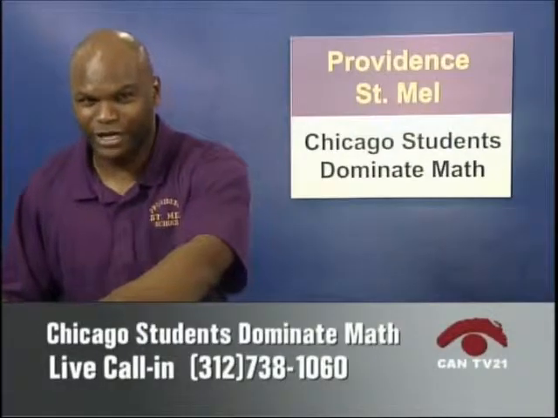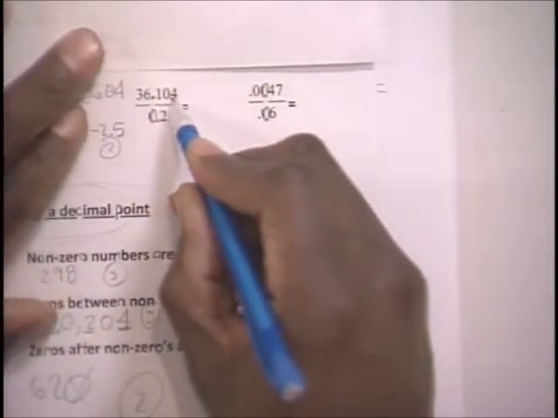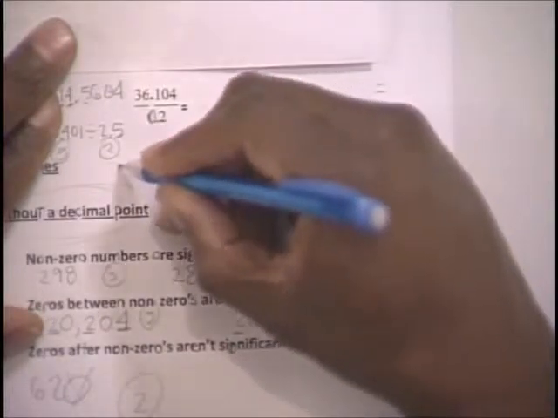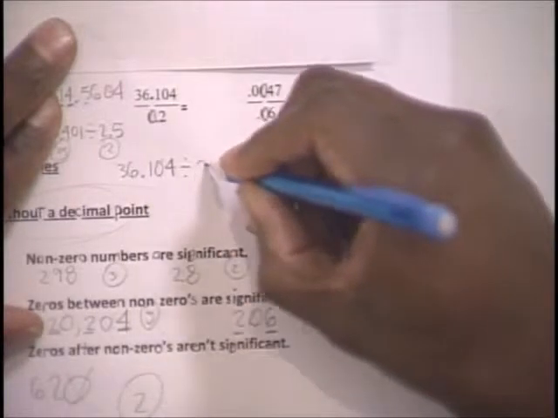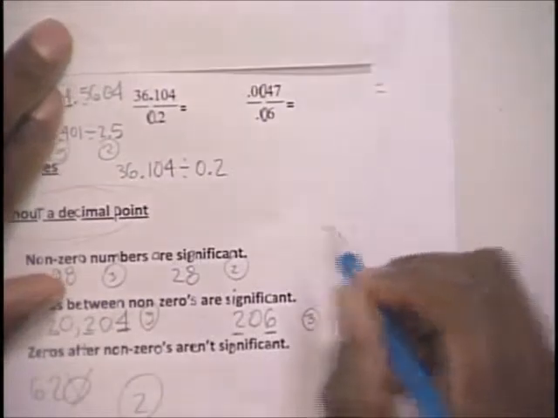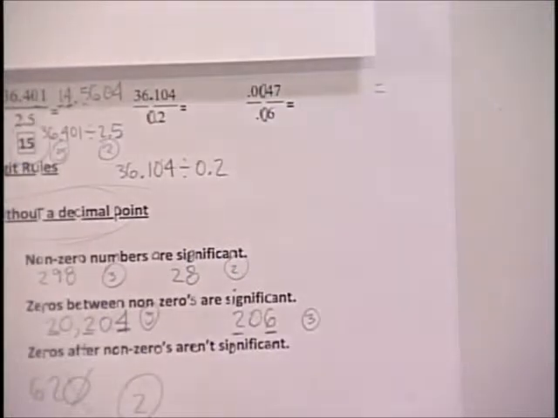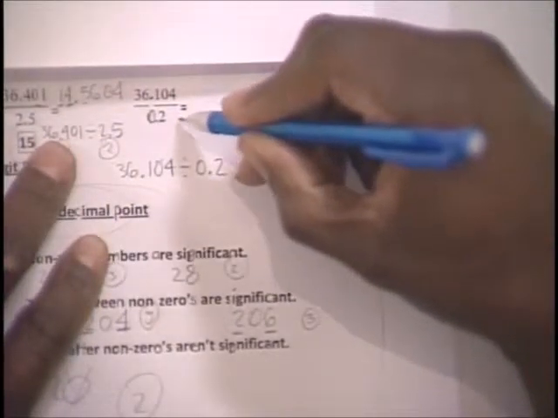All right, here we go. Let's look at the next problem. So we have 36.104 divided by 0.2. A couple of weeks ago, we did that by hand. But to expedite this process, let's put it in the calculator. 36.104 divided by 0.2. And the lengthy answer that we come up with is